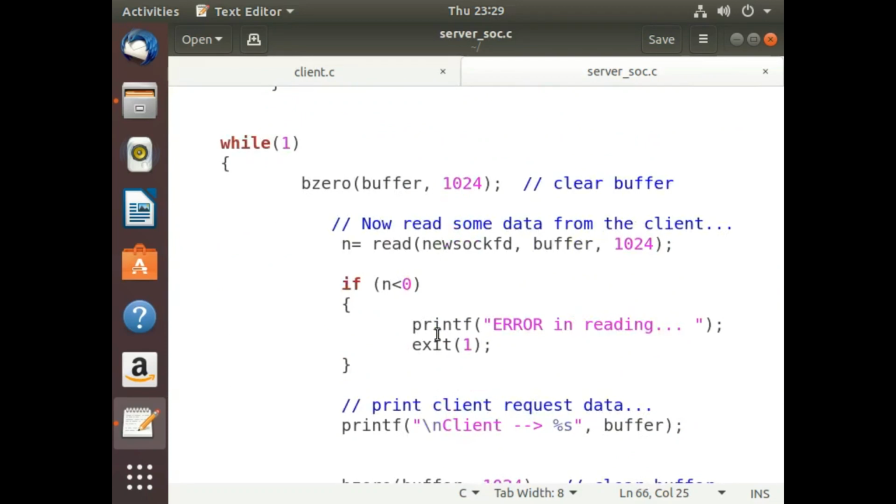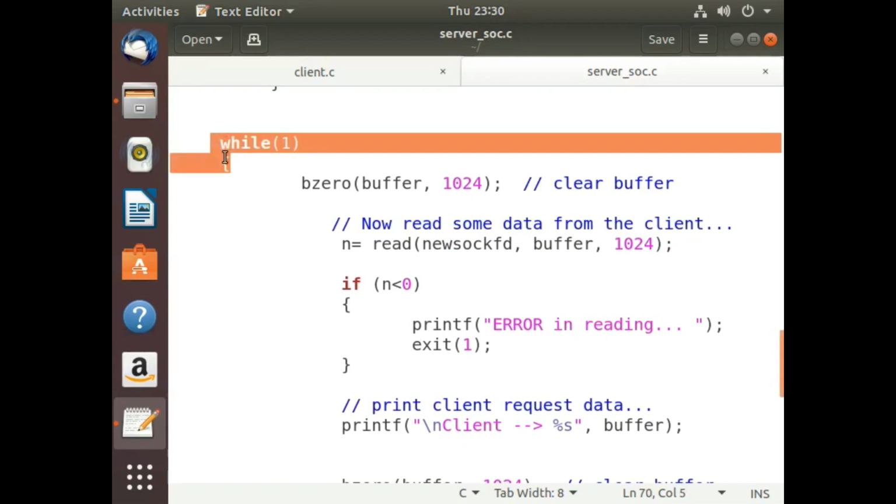Now we are ready to send and receive data between the server and the client. Ideally, this communication, sending and receiving of data, will take place continuously, and that is why we are putting the reading and writing activity in an infinite loop. So while(1), this particular task will be performed.